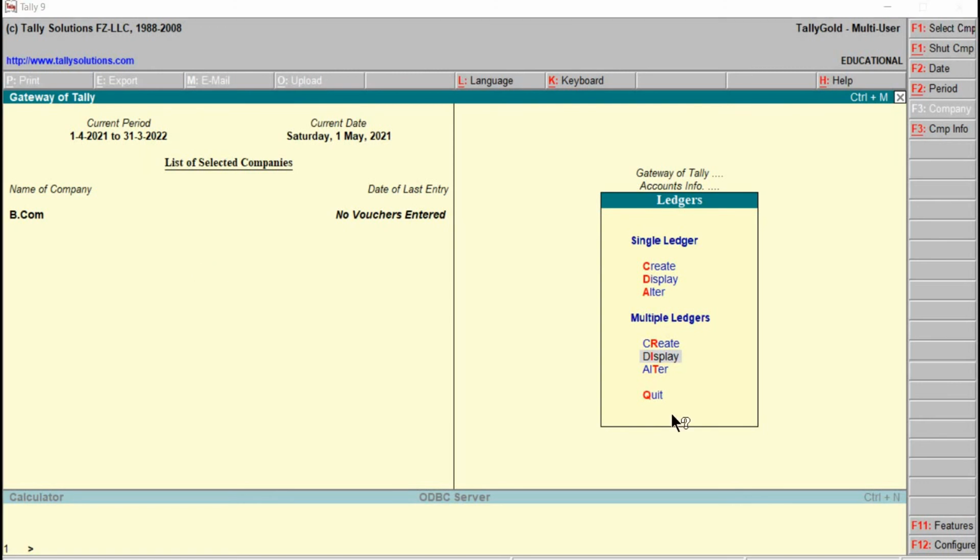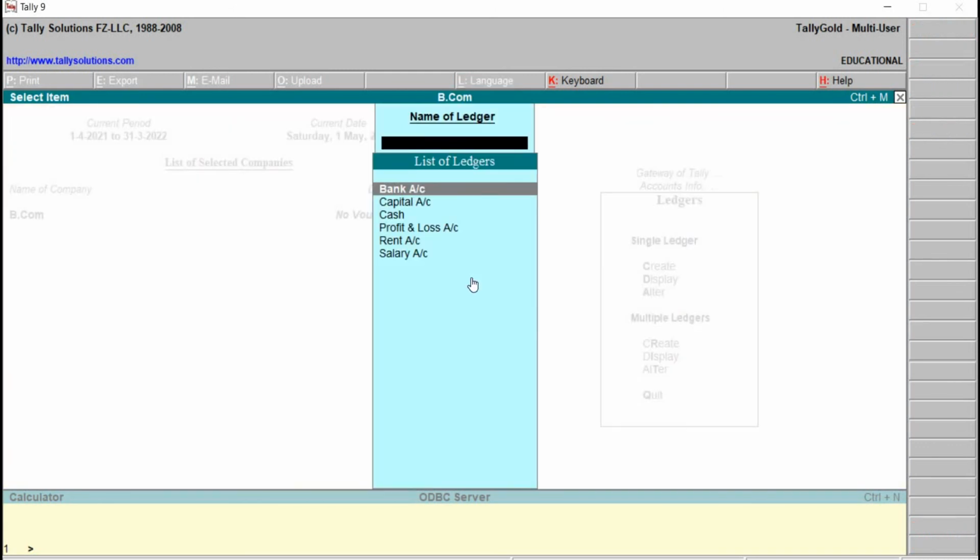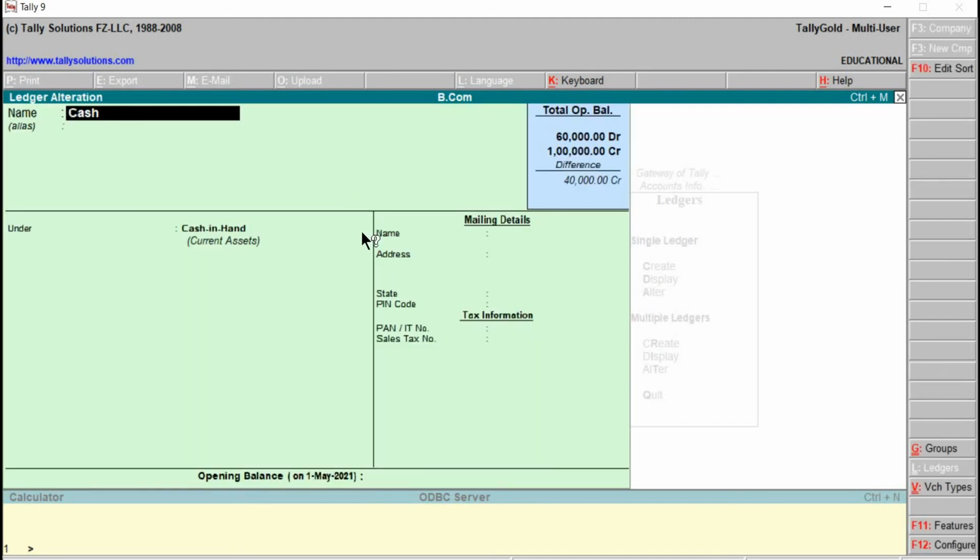Now we will see the alter option in single mode as well as in multiple mode. Let's go back to single ledger. Alter, either we can click on alter or else we can press the letter A also. Just click on this one. Okay. We will do the modifications for the predefined ledger, that is cash. Here we have cash.